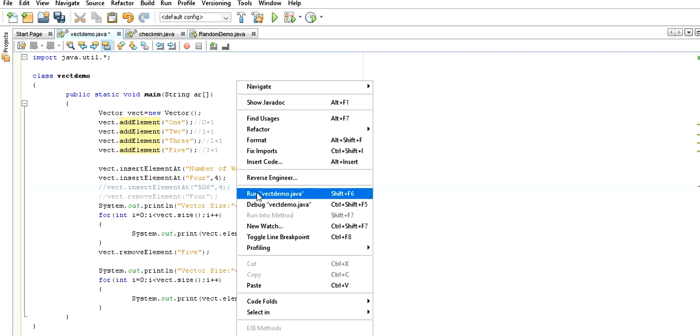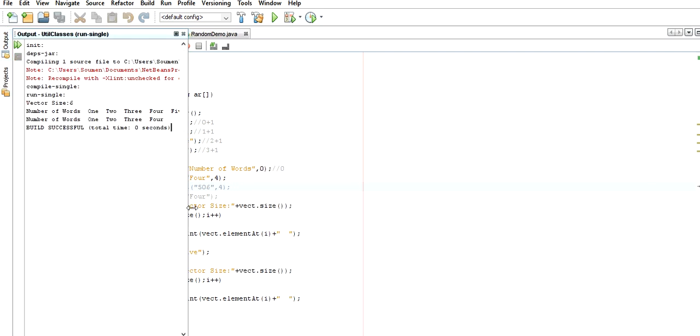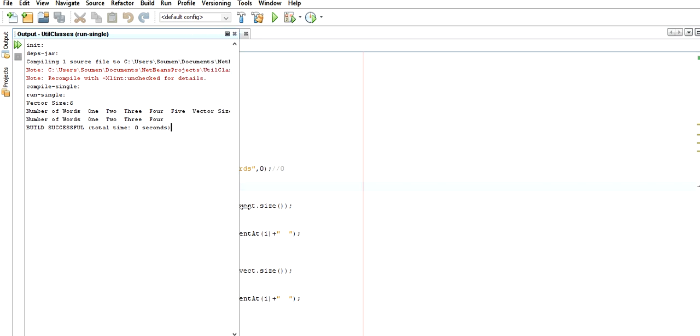So if we execute this class, then this is the output। The vector size is 6 because 1 2 3 5 पहले से इंसर्ट हो चुका था। Before that we insert number of words and we insert 5, then the size is enhanced to 6, and if we want to display, so number of words is the first value, 1 second value, 2 next, 3, we insert 4 in between 3 and 5, so 4 is inserted at position 4 and 5 shifts towards right। After removing 5, the vector size decreases to 5